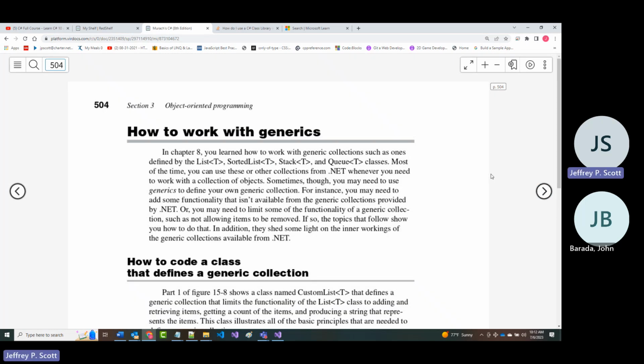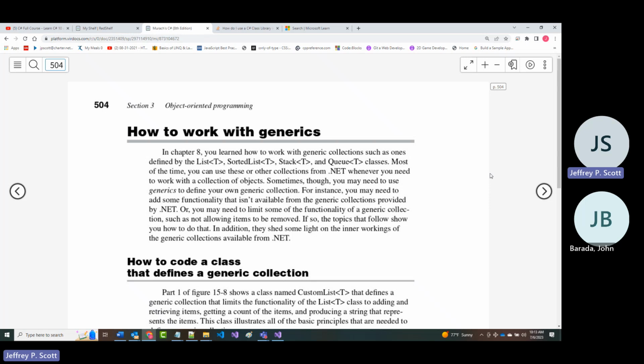All right, the last thing that's discussed then in this chapter are generics. As the author mentions here, in chapter 8, you learned how to work with generic collections. The one we've been working with almost exclusively has been a list. Most of the time, as it says, you can use these or other .NET collections whenever you need to work with a collection of objects.